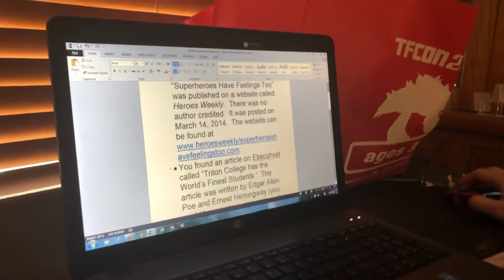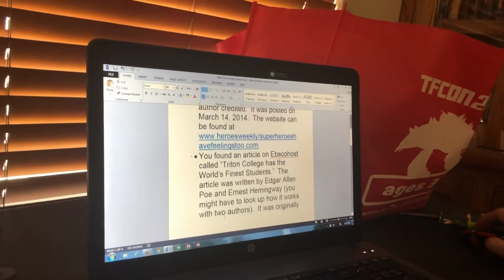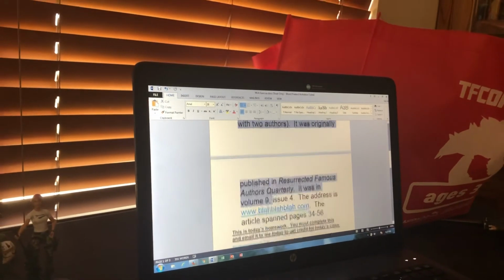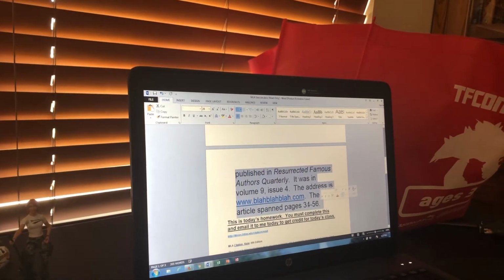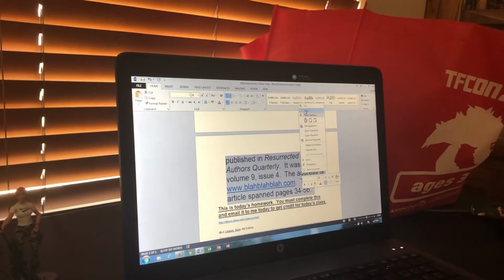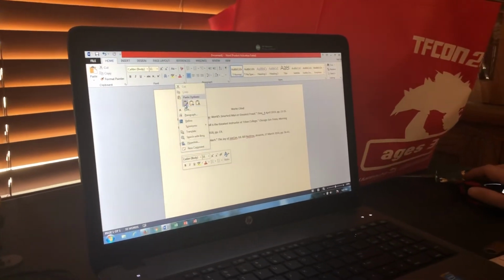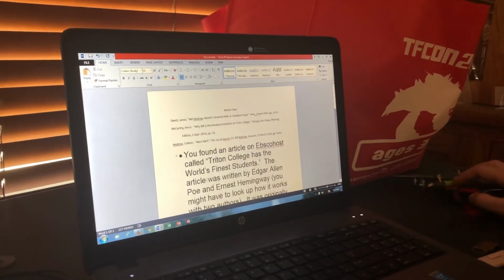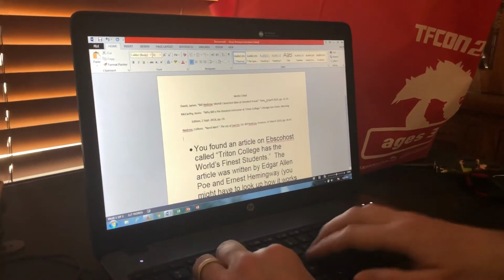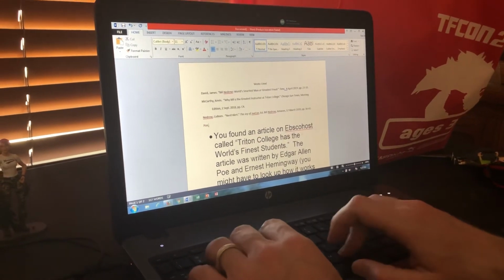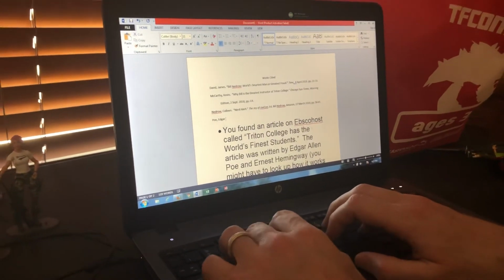Edgar Allan Poe, Hemingway, okay, good. We have 2 authors here. I wanted to do this one so that you all looked that up. Again, I'm just dropping this down so we've got all the information here. If you have 2 authors, only the first author has to be backwards. Poe. The reason is